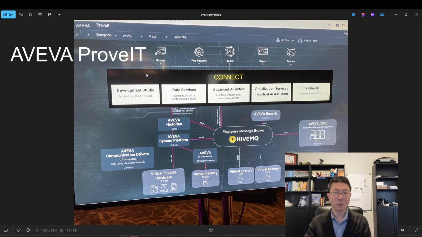If they didn't make it connect, then why is it called Connect, right? It shouldn't be called Connect. Also, the other way to get the data from the HiveMQ MQTT broker is through the adapter, right? The adapter could just get the data directly. And the reason why we have the System Platform here is because they mentioned they want to push some data back into HiveMQ so that they can showcase, oh, we have analytics. We can do analytics and push it back, right? That's why it is here.